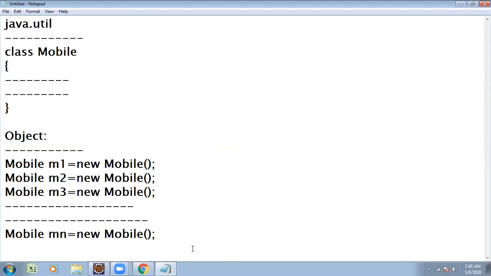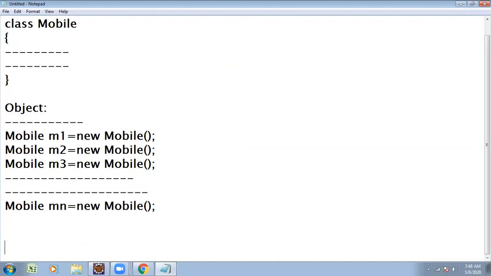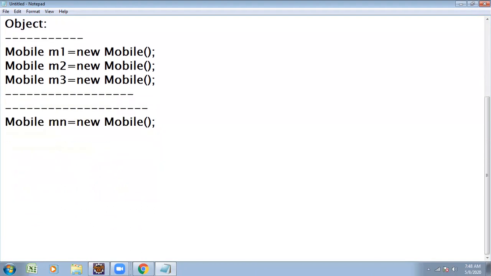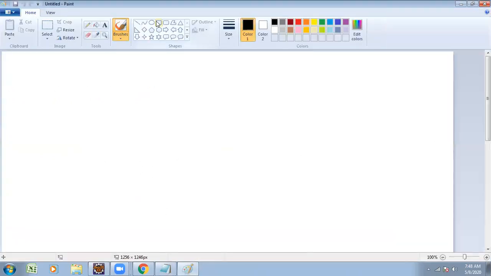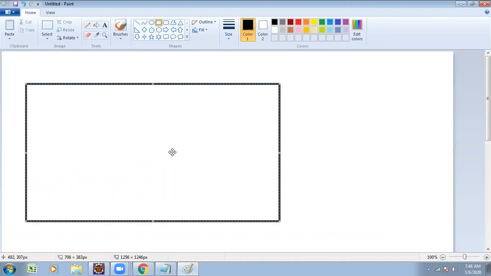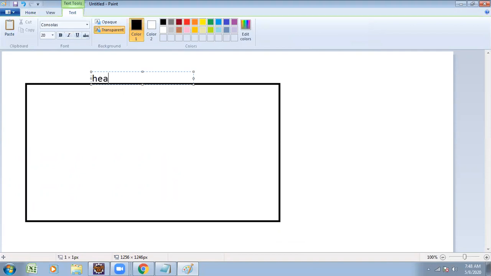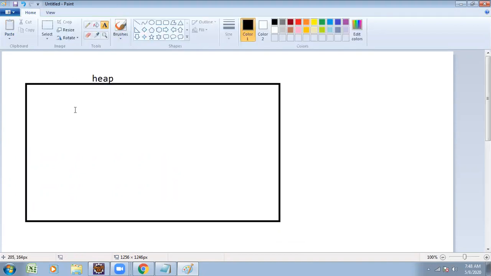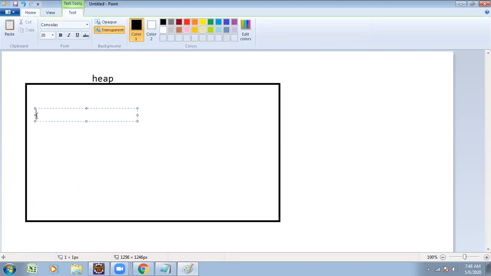When we execute this logic in our application, we know very well that object-related data is stored in the heap part of the JVM. This is the heap memory of the JVM, and in this heap memory different objects can be stored. For example, I take object one, M1, which is stored here.